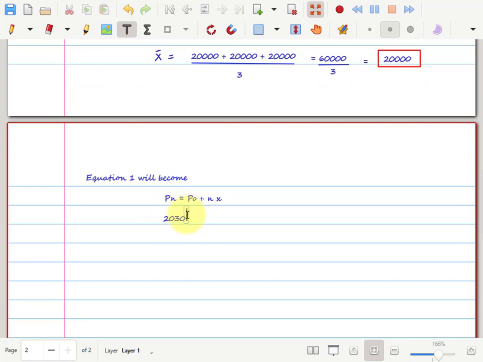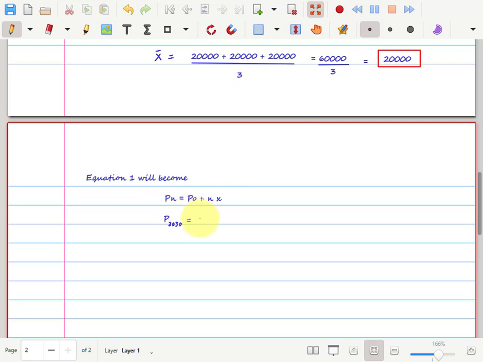Or you can write it as P 2030. Let me write it with pen. P 2030 is equal to